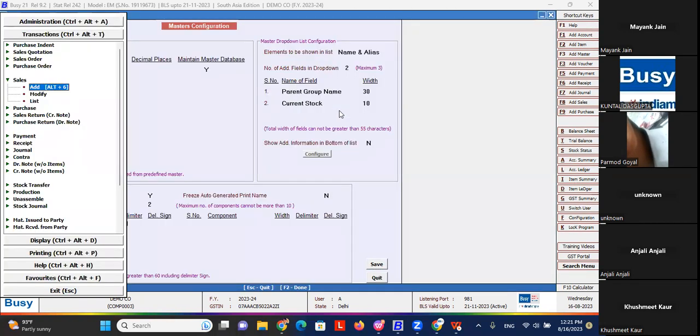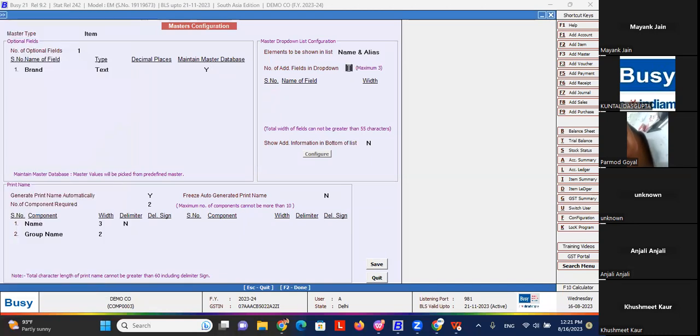Okay, this is showing because I have enabled this option that I need to show my group name along with the item, and I want to show the current stock along with the item whenever I'm going to select the item from the drop down list. Okay, so this kind of things you can do from masters configurations,